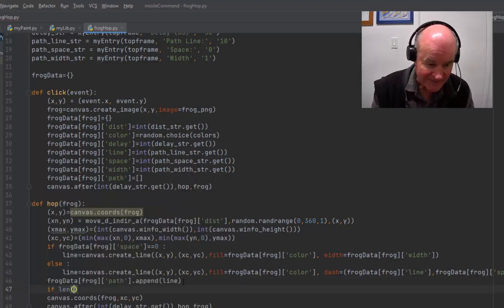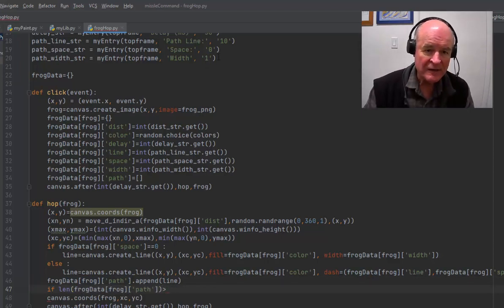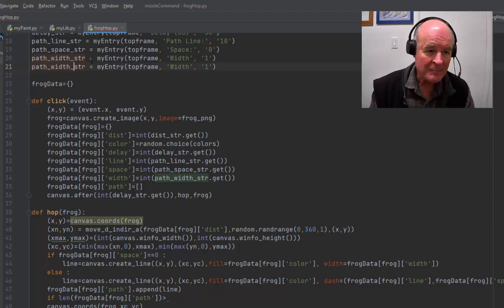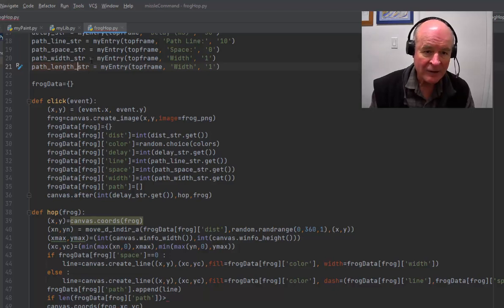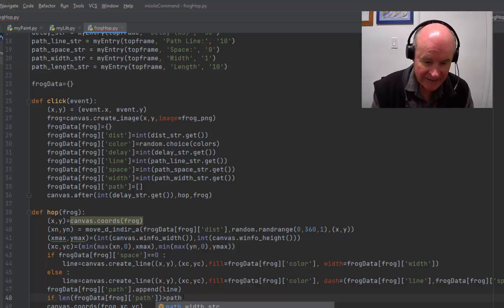if the length of frog data of path, that's a list, is greater than... now we need to know how long we want to make the list. So I'm going to go back up here, do a control duplicate and say path length. We're going to call this the length, and the length right now is going to be 10. And down here we say if the length of the list of paths is greater than path length